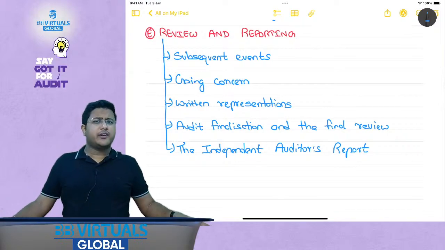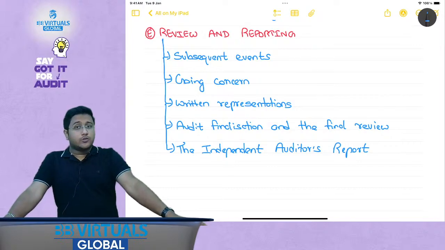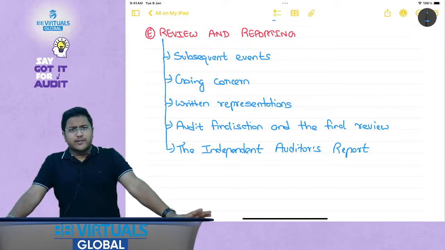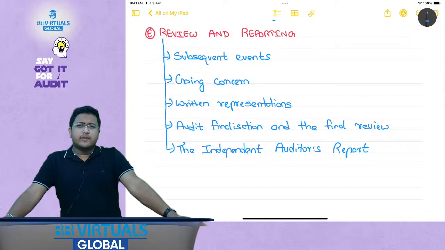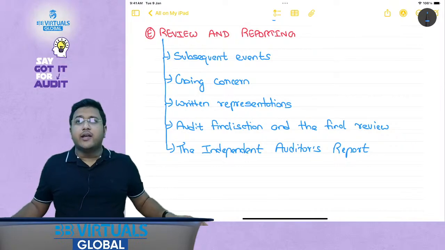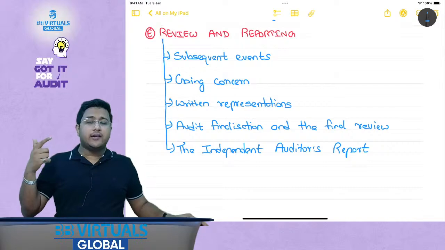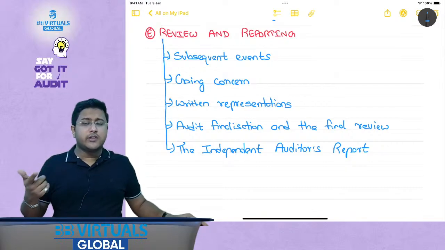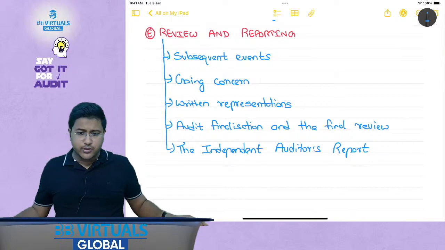Okay, now going concern. When I talk about going concern, we have only discussed in FR that going concern is the ability of an organization to continue its operation for the foreseeable future, right? That is something that we have discussed. But how do we need to report it? What if there is any material uncertainty related to going concern? So we will have to discuss it.